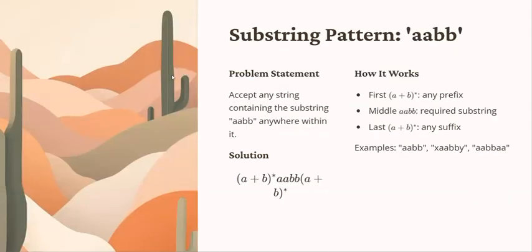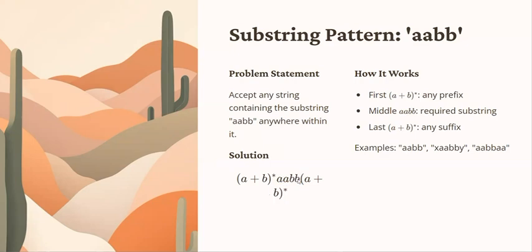Here we look at a second question. Here we want to have a substring pattern AABB. The problem statement is to accept any string containing the substring AABB anywhere within it. Here we have a solution. We can have any number of A's and B's followed by the string AABB, then followed by any number of